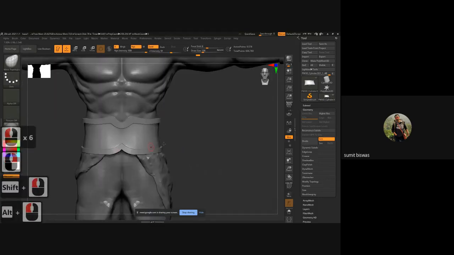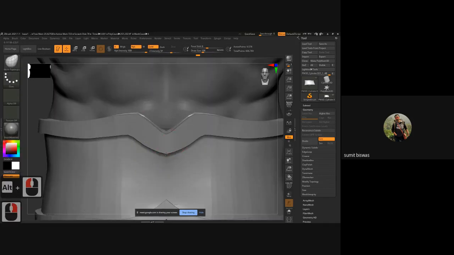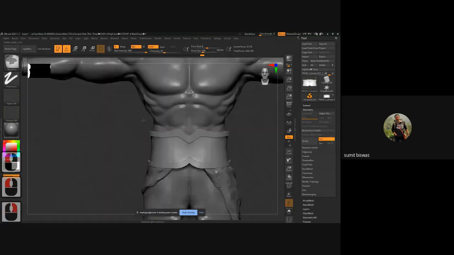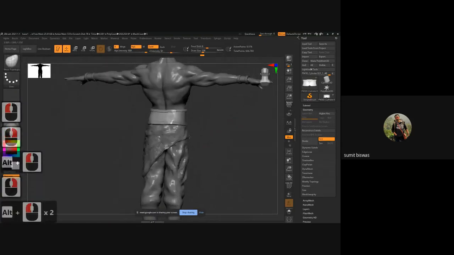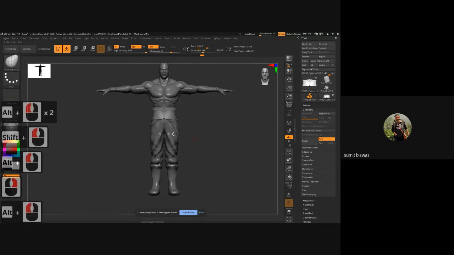If this front part is kind of okay now, and this is a bit rounded, so I can make it a bit angular. Okay, so you see my basic blockout of all these things is ready.